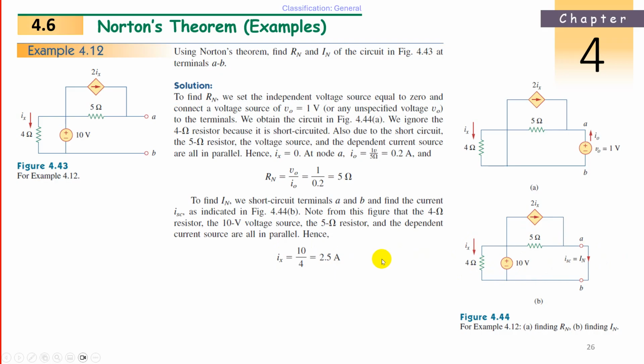We got ix. Then, hence, at node A, how many currents are there in node A? The current leaving is nothing but ISC. The current entering is 2ix, and another current entering is the one through the 5 ohms. So ISC is nothing but